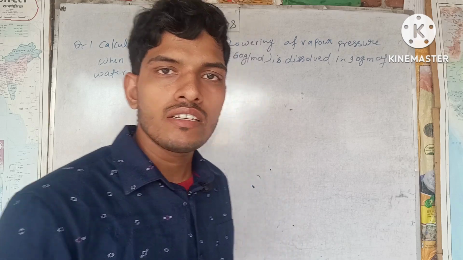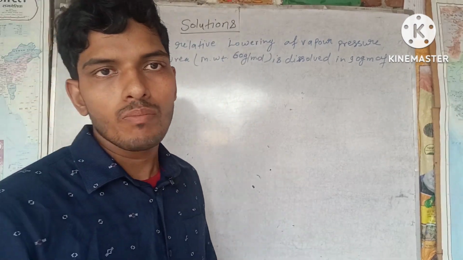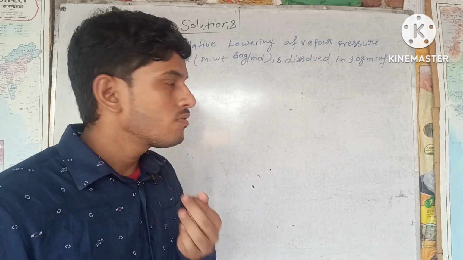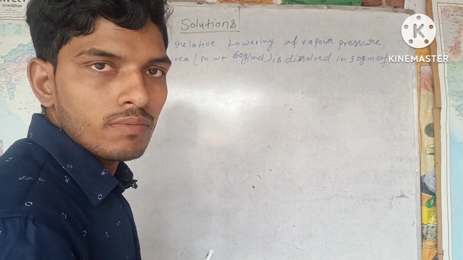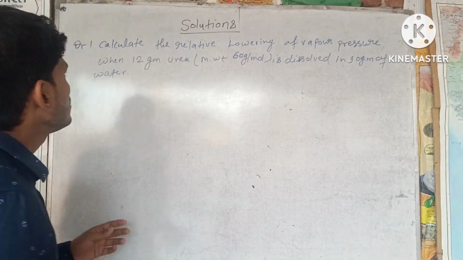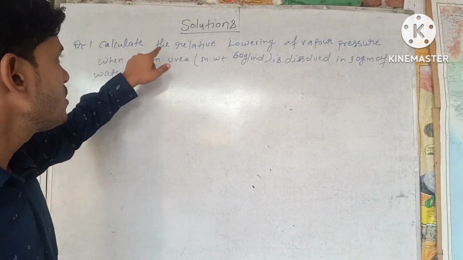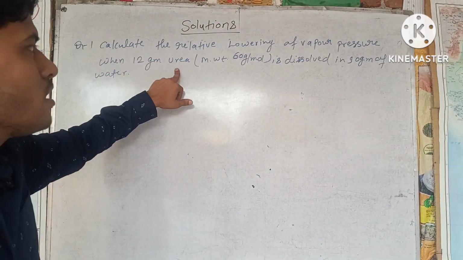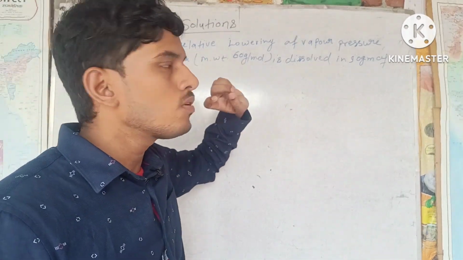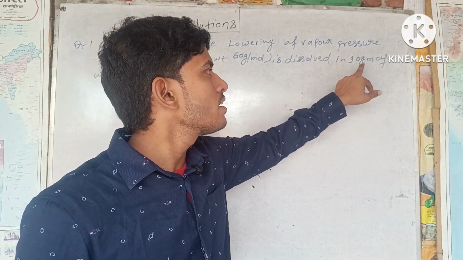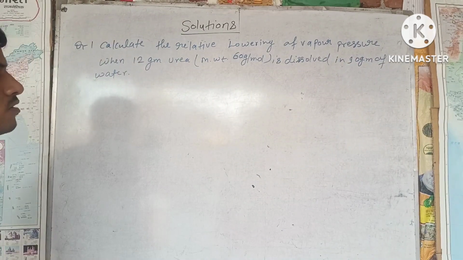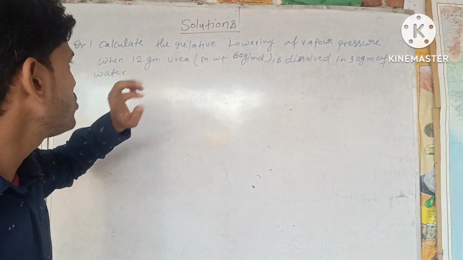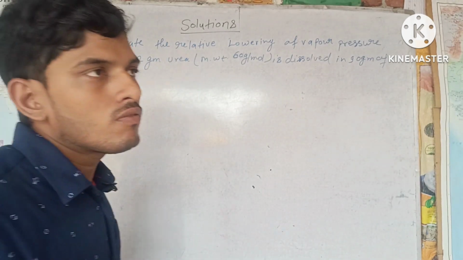So students, here is the question which is related to vapor pressure, lowering of vapor pressure, and by solving this question we are going to grasp that concept very easily. So let's read the question. Calculate the relative lowering of vapor pressure when 12 gram of urea, molecular weight 60 gram per mole, is dissolved in 90 gram of water. Okay, so here the solvent is water and the non-volatile solute is urea. Okay, so the formula is